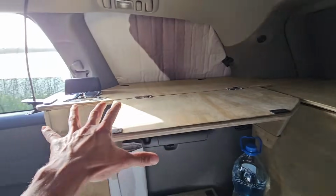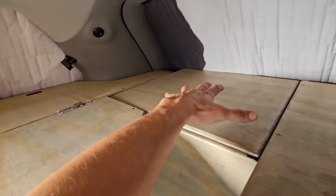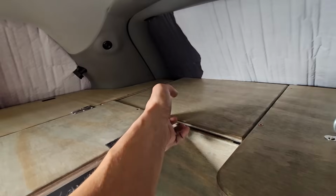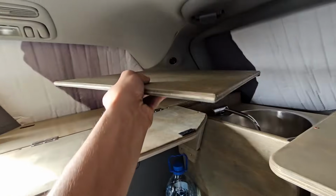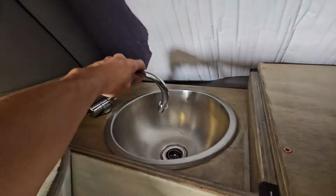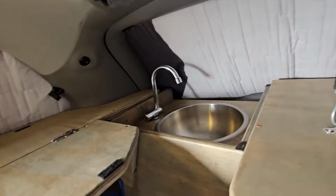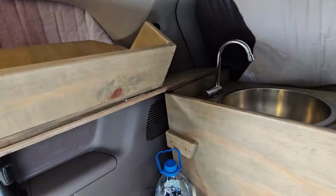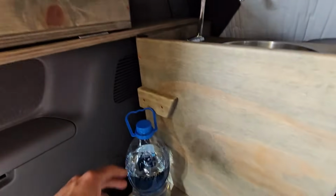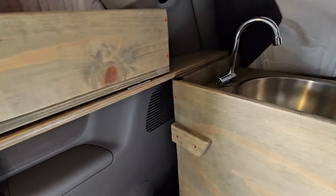So back to the counter area, you could see the counter actually extends over to this side. This is actually a topper on Velcro, so if I go ahead and remove it, I have access to the sink that I can use in and outside the van. So in order to use the sink, get that water bottle out of the way, I'd have to turn on the water pump,